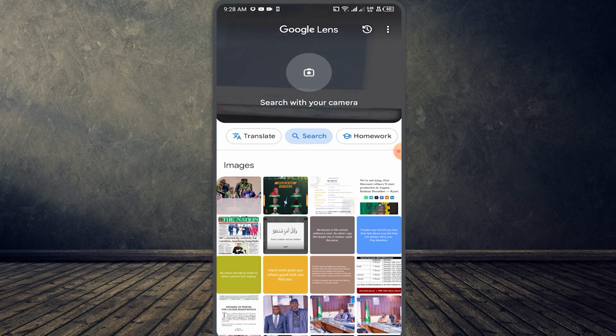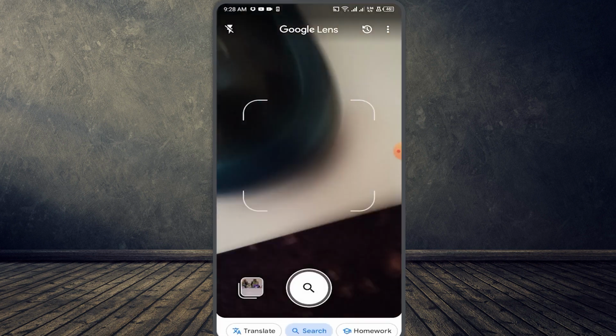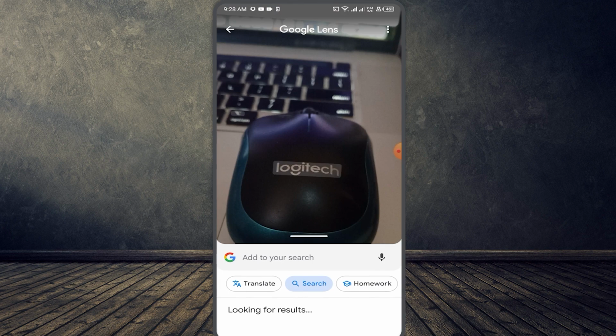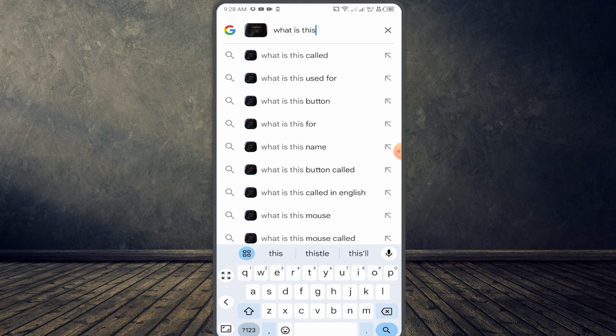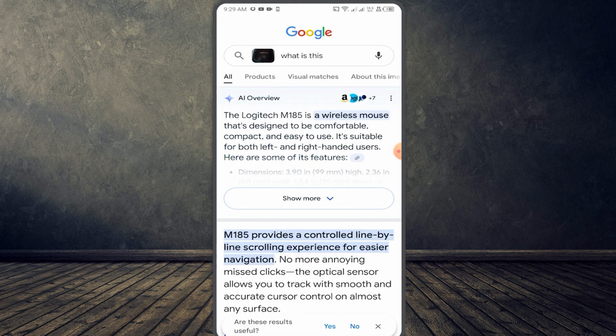So let me give you an example. For example, I'm using this mouse. This is a Logitech mouse that I'm using. So I want to take a picture of it and find the price of it and what it is even. So I'm taking this picture of my Logitech mouse. I can click on this and then type in my prompt over here. Okay, what is this? I can just go ahead and say search, and you can see directly it